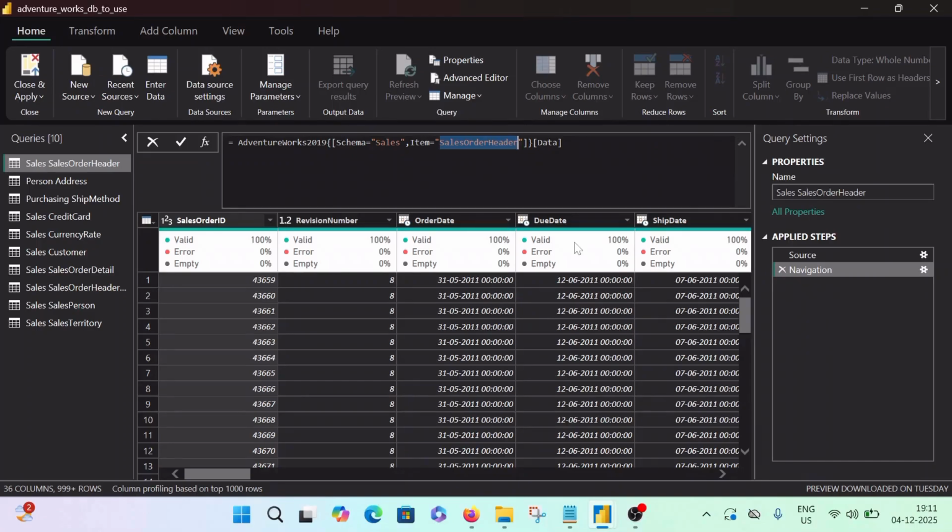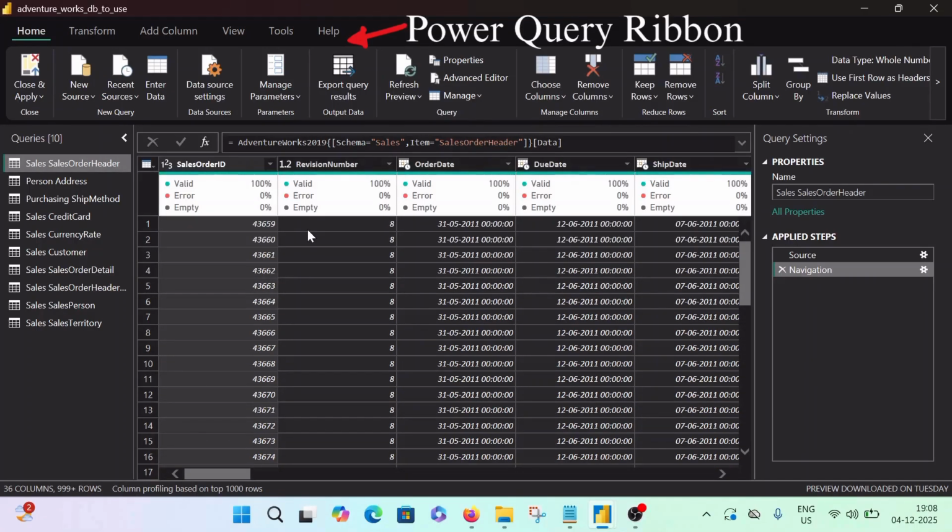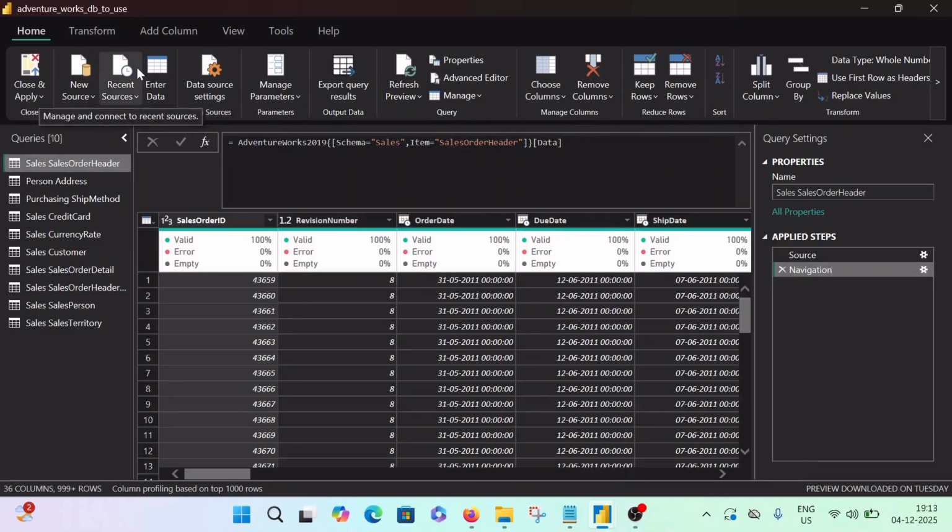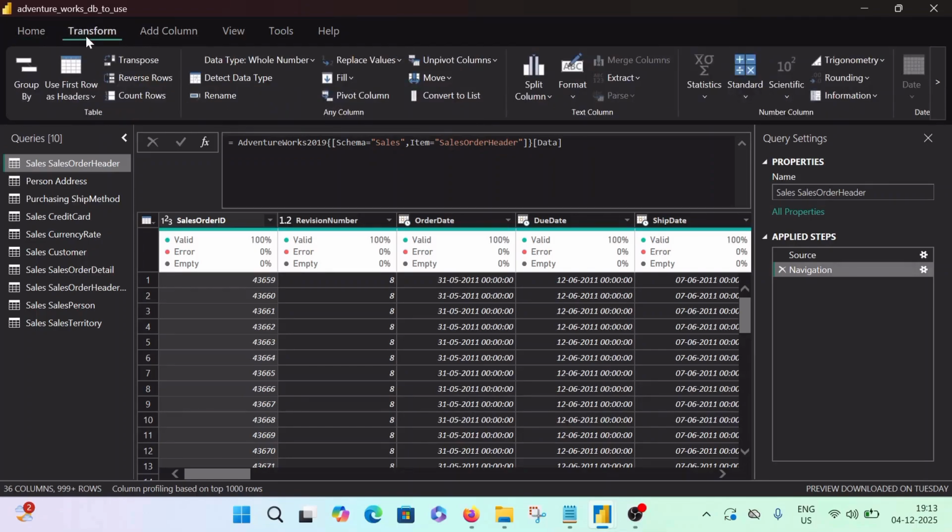And the last and the most important point is the Power Query ribbon that you see on the top, where you have the Home tab, the Transform tab, the Column tab, Add Column, and the View tab, and Tools. This is very important. This is where everything happens. Mostly you get all the things that you require. Suppose you want to remove rows, you have it in your Home tab, or you want to trim, clean, uppercase, lowercase, it is in the Transform tab, and so on and so forth.